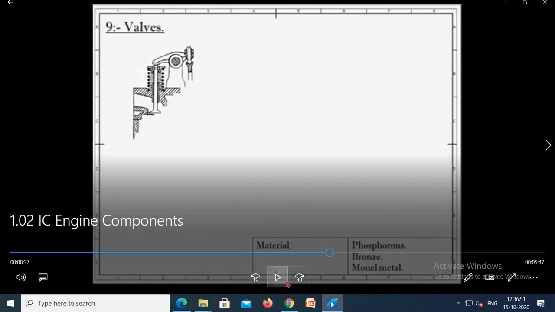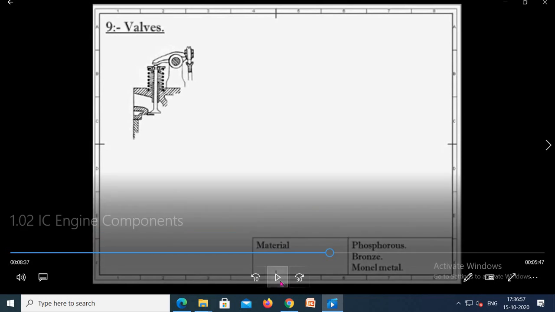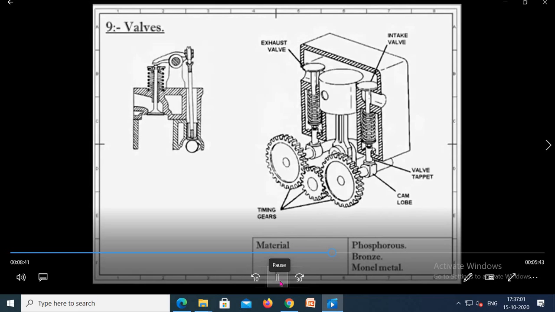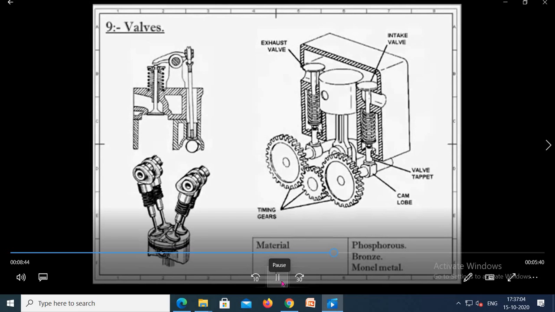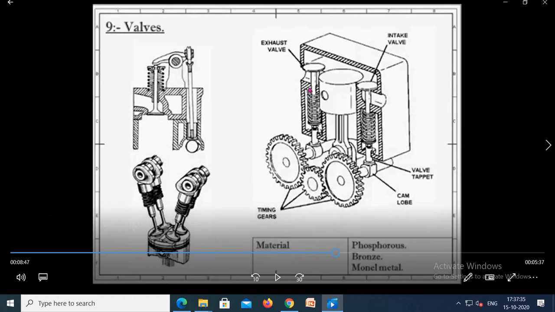Now next is the valve mechanism, mainly for operating the opening and closing of the inlet and exhaust valve. See in the figure here, one is the exhaust valve and another is the inlet valve. The function of this valve: for entry of the fresh air we must have the inlet valve open during the suction stroke, and after the air fuel mixture is burned and hot gases are produced, the piston moves from top dead center to bottom dead center in the power stroke,